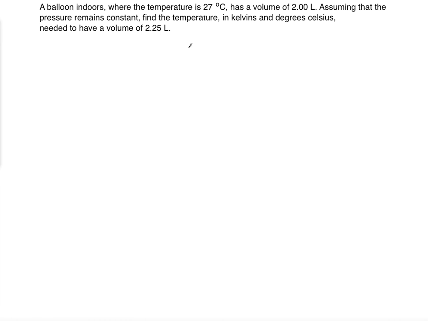A balloon indoors where the temperature is 27 degrees Celsius has a volume of 2 liters. Assuming that the pressure remains constant, find the temperature in kelvins and degrees Celsius needed to have a volume of 2.25 liters. So the first thing, I'm going to use Charles's law that relates the volume and the temperature